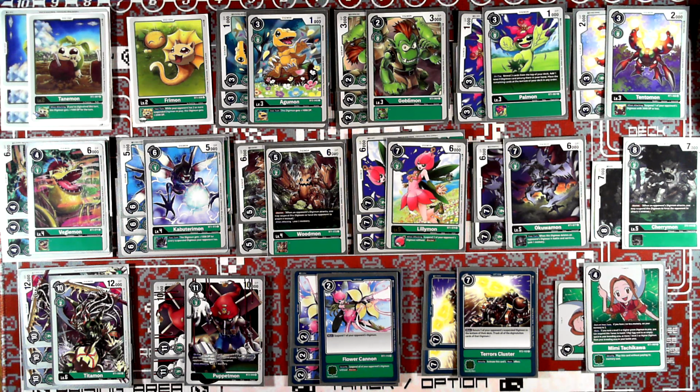So we're maxing out on 4 Vegemon and 4 Kabuterimon. This is because they're the 1-cost evolutions to go into your champion, so they kind of ramp you into your higher levels much faster. And then we've only got 3 Woodmon in this list, and that's because, similarly to what we discussed in the Red Gallantmon list last week, or maybe it's this week, I'm not sure when these videos are going up now,